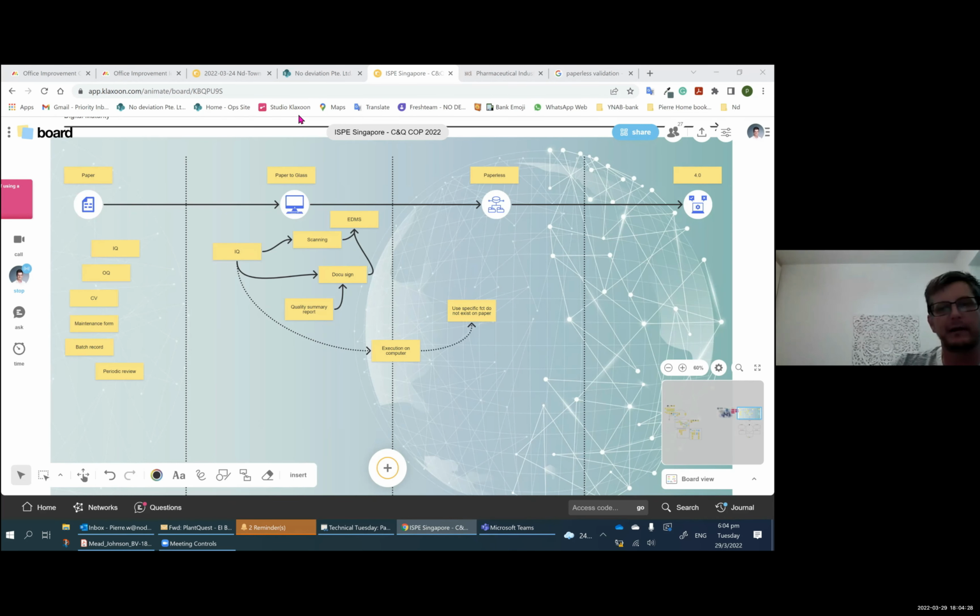I think the harmonization of IOQ, FAT, SAT, and things like that. We do those things because 20 years ago, we didn't have any access to computerized systems, right? And it really came from there. And now we are used to it and we expect it. And it is something that we understand, right? I do believe that, and again, you take Annex 15 and they talk about IQ-OQ.